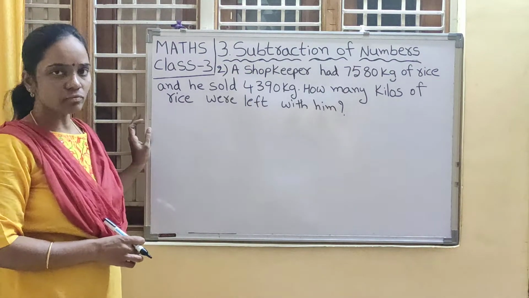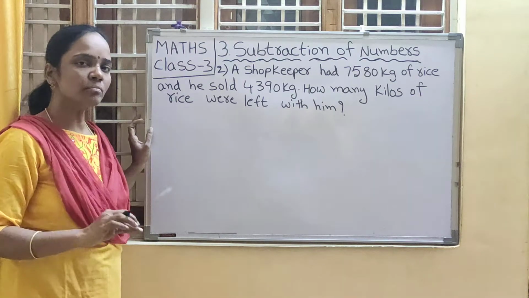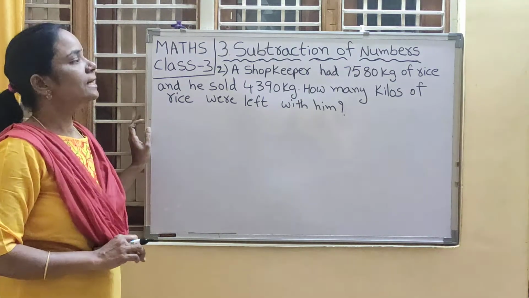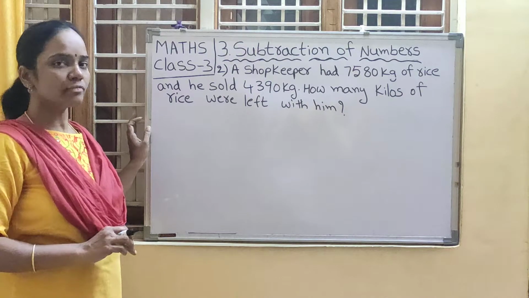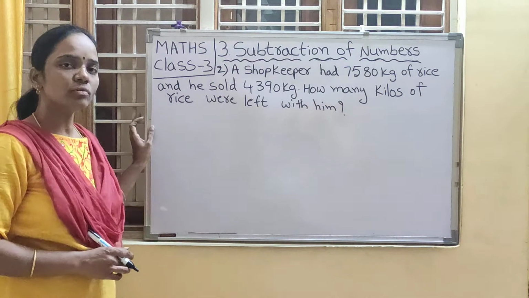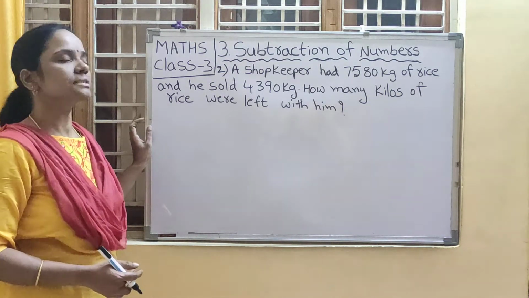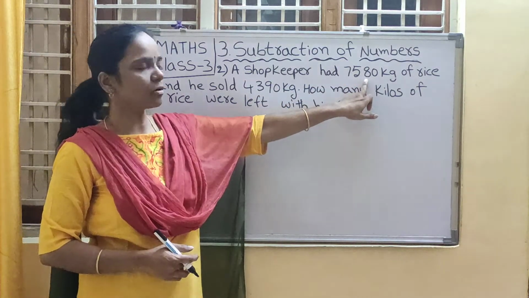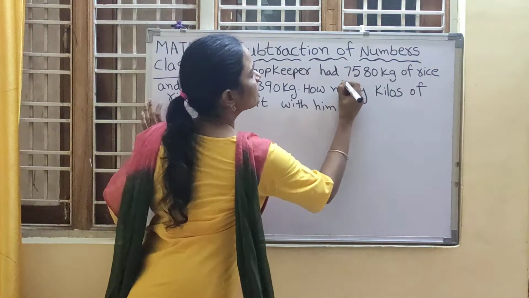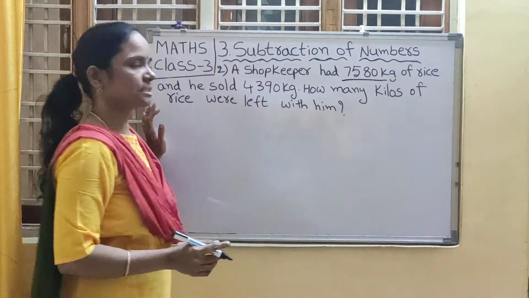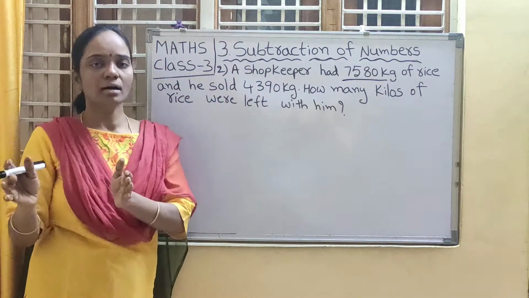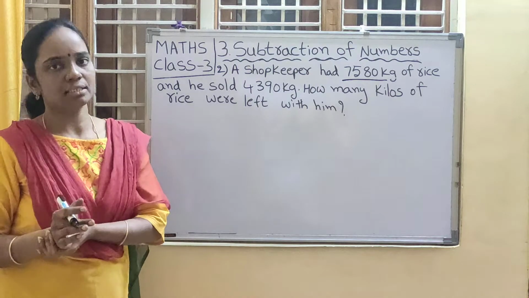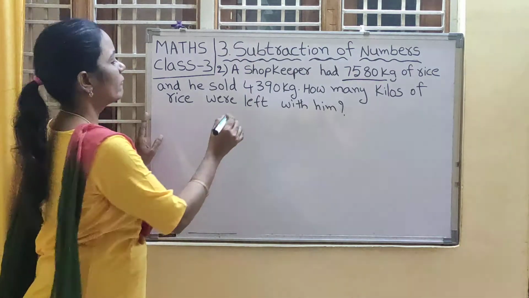So this is the given word problem. First read the word problem carefully. Okay. Have you understood, children? What is the given word problem? What do we have to find? Yes. Rice had by the shopkeeper. How much rice did he have? 7,580 kgs. Out of that he sold some quantity of rice. How much did he sell, children? Very good. He sold